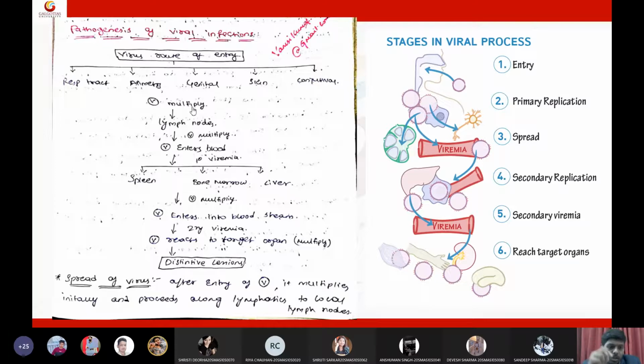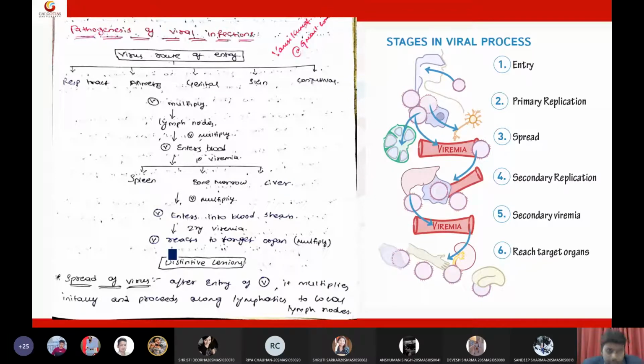Say, for example, let us take hepatitis. Hepatitis usually enters via the genital region, so hepatitis is also a sexually transmitted disease. Whenever there is unprotected sex with an infectious person, there is a likelihood of getting hepatitis transmission via the genital region. We know that the hepatitis target organ is always the liver. So, how does this hepatitis virus migrate from the genital region to the liver?